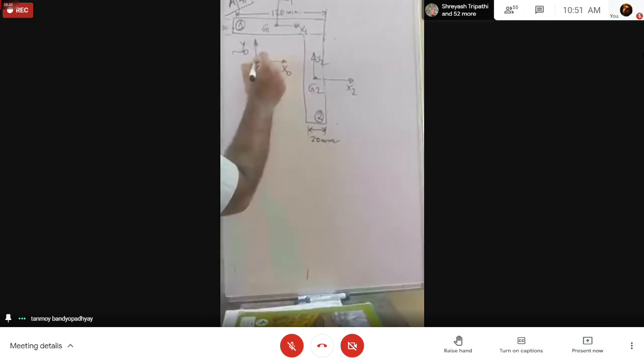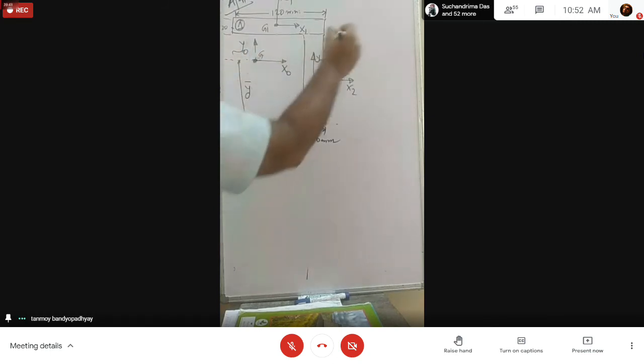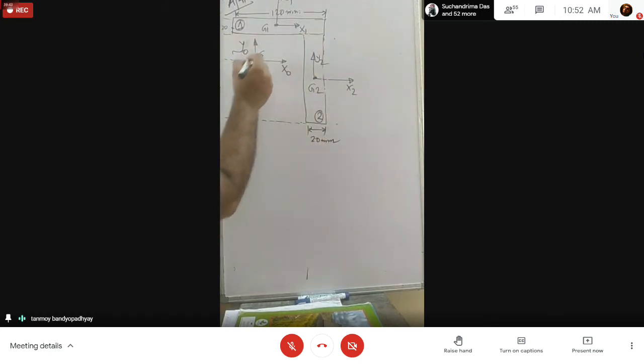So initially what to do? The initial thing is you have to calculate the location of G, that is the main thing in this problem. আগেরটার মধ্যে আমি বটম থেকে নিচ্ছি, you can take it from the top also, you'll be getting just the difference. So let's calculate this distance, and this is G point, this distance we are calculating from the bottom, let's call it y bar. Similarly we have to also calculate x bar, you can take it from the other end.